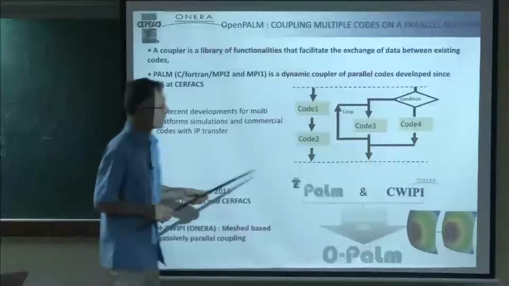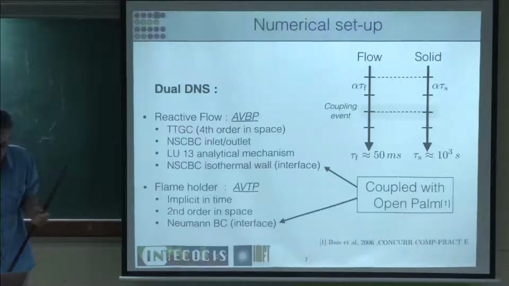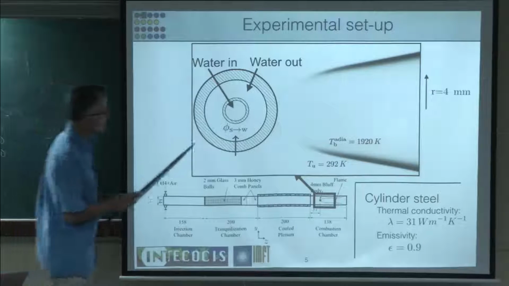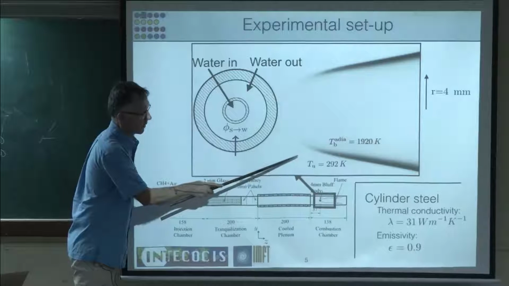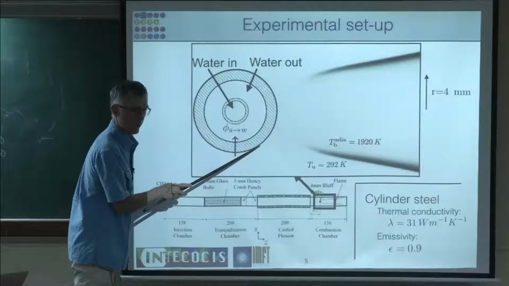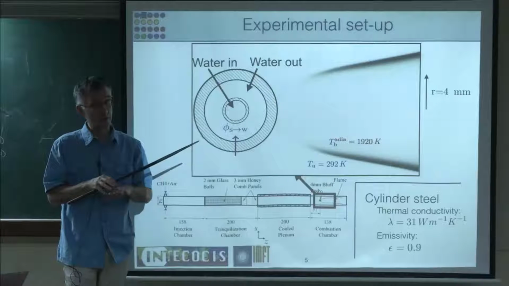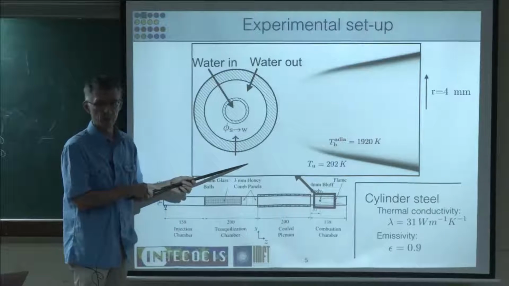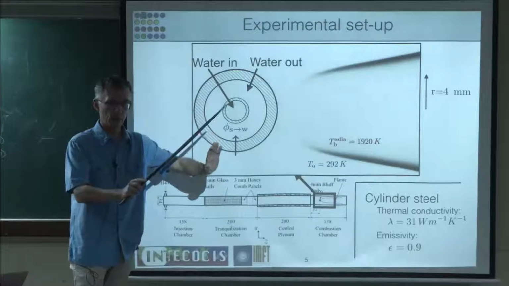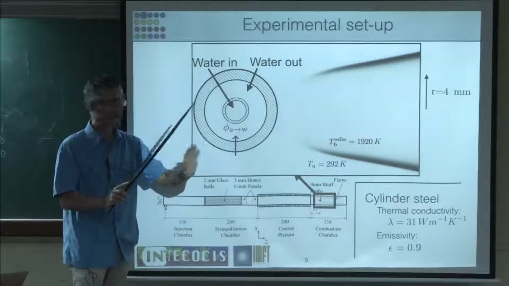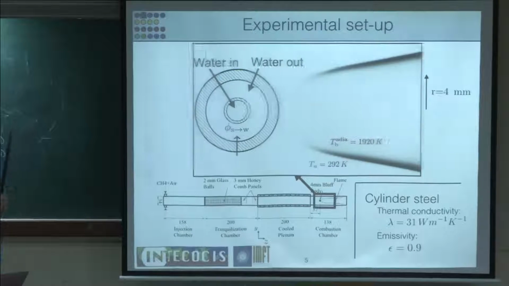Of course, to do this, you first need to, as we call it, palmerize your codes. What does palmerize a code mean in that case? It means, for example, here, the AVTP solver will write the fluxes on this surface, and the AVBP solver will write the temperature on this surface. You have a methodology to interpolate between the two grids, because they are not the same grids. The grid you use for the heat is not the same as the grid you use for the flow. You interpolate and you exchange. Here there's a place saying, here are the fluxes, here there's a place saying, here are the temperatures, and what Palm is doing is exchanging them in a method that you don't need to know. It's just working.